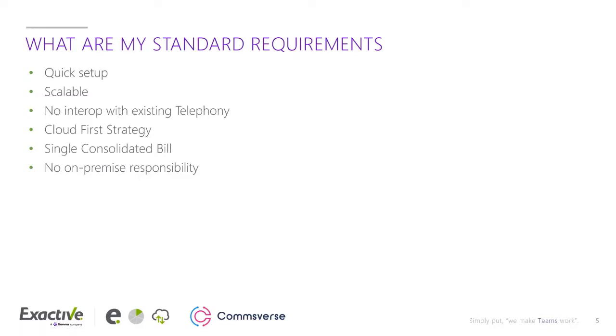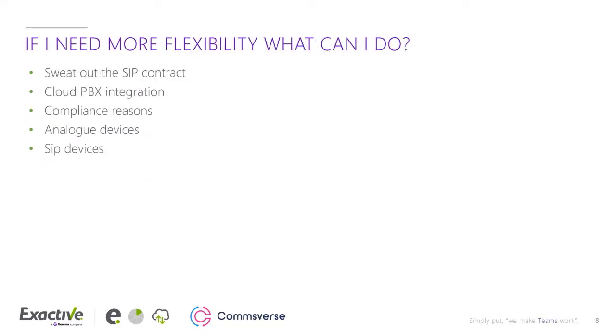However, you may be coming from an organisation where your migration scenario is slightly different. So what if you do need more flexibility? Your migration scenario might be that you still do want to use direct routing, but you may have just signed up to your own SIP contract a few months ago, and there isn't a cancellation or cooling down period. You just need to get on with it, and you can't cancel it because there are heavy cancellation fees. What can I do if that's my scenario? What possibilities have I got there?